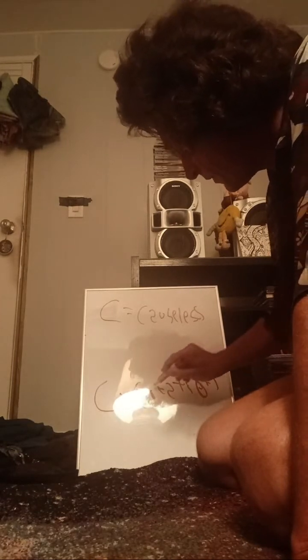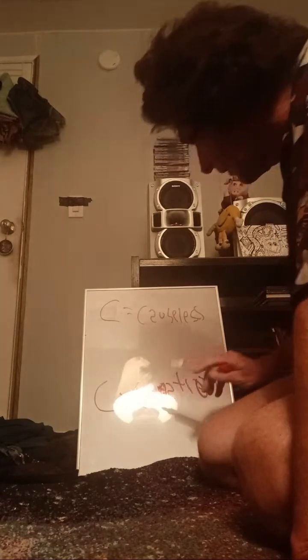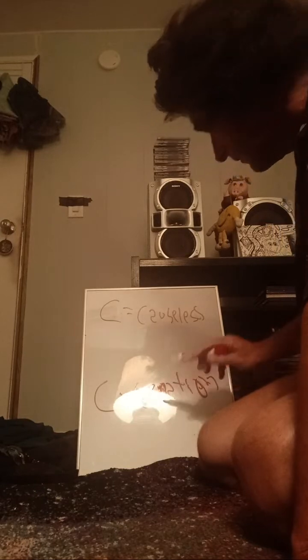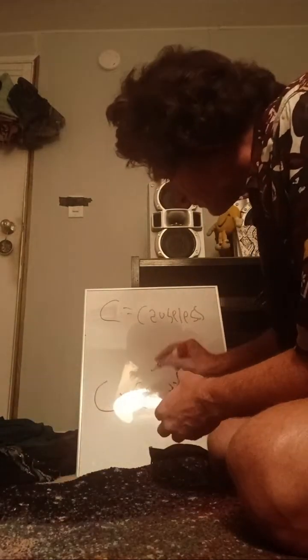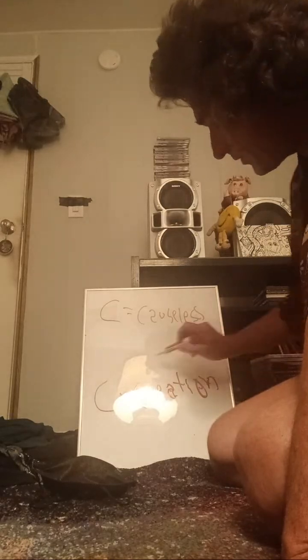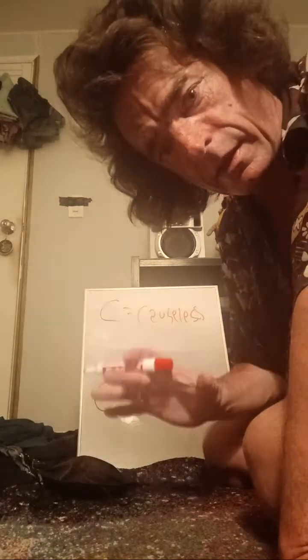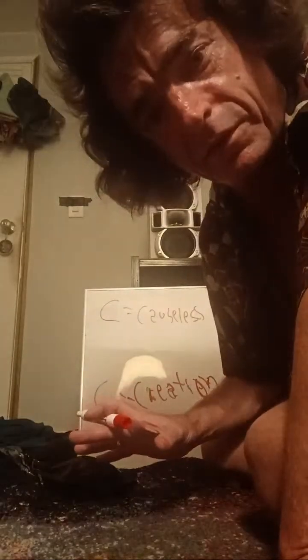If you're really good and at home listening to this, you might already know what I'm going to say, which is really cool. I like thinkers, and I like people that can think ahead and even beat me at it. Causeless creation. Okay, let me write this. Creation. According to the Big Bang Theory, we see creation and we're part of creation. So there is a creation. So the universe exists. That's why I call it the existence theory. We exist, the universe exists. There is a creation. How did it get here?